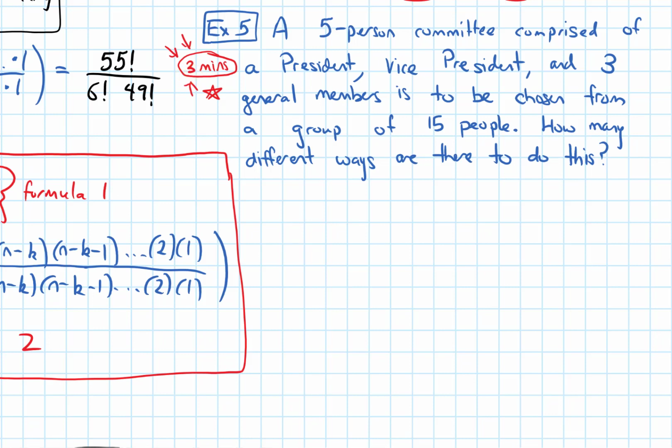So overall, we are picking 5 people here. One of these people is going to be the president, which I'll call P. One is the vice president, which I'll call VP. And then 3 of them are all general members. So I'll just write Gen here. So when it says that there's 3 general members, that means that those 3 general member roles, positions, are